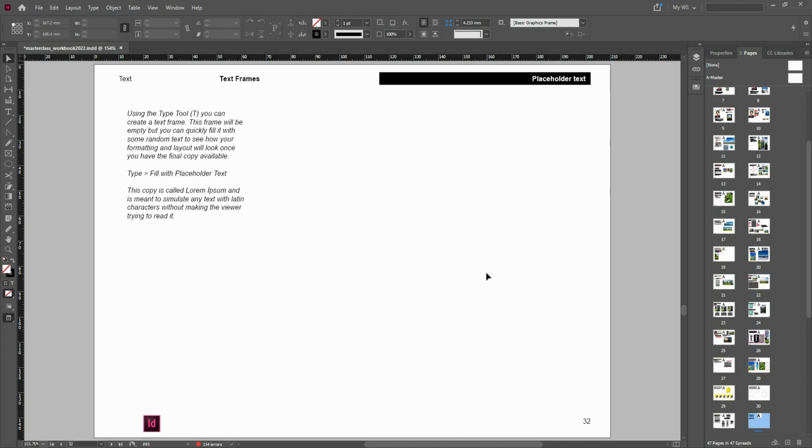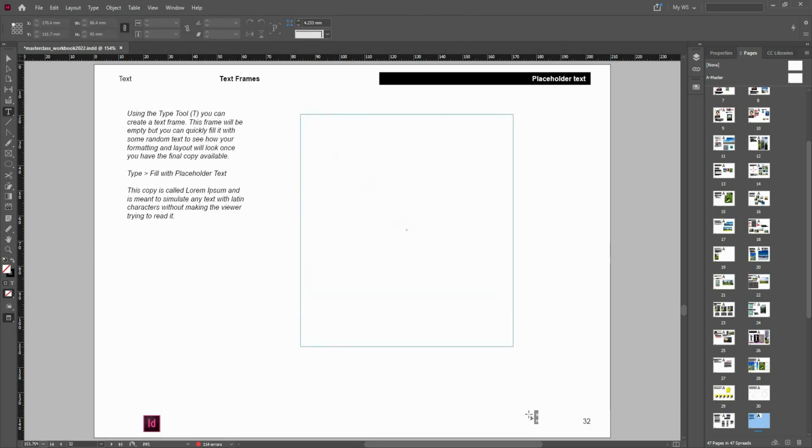So as a designer, it's very common that you might need to prepare a composition where they'll tell you how much text you can expect. Let's say 500 words for an article, but you have to prepare the composition before you actually get the final copy. So in these cases, what you can do is you can use the type tool